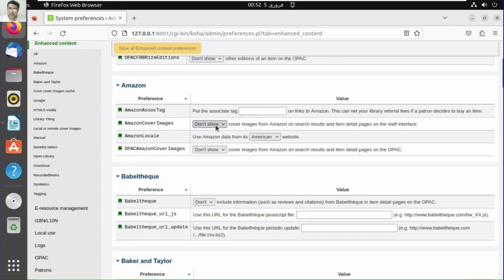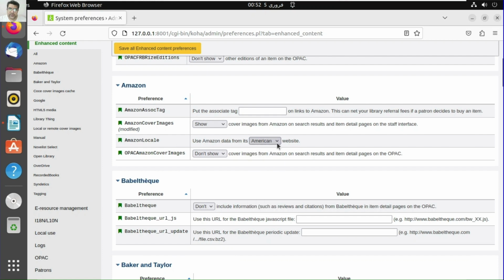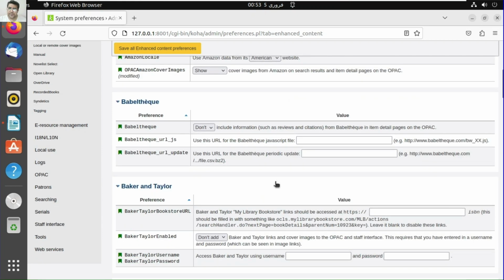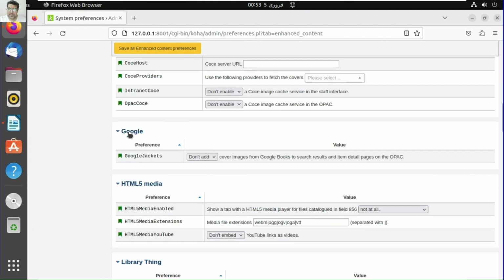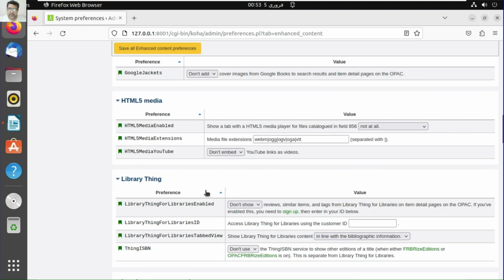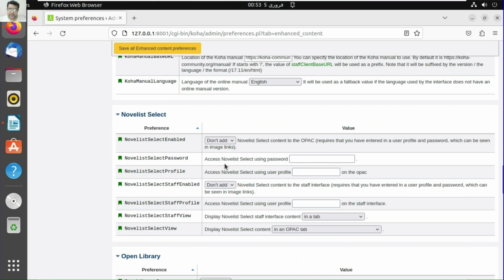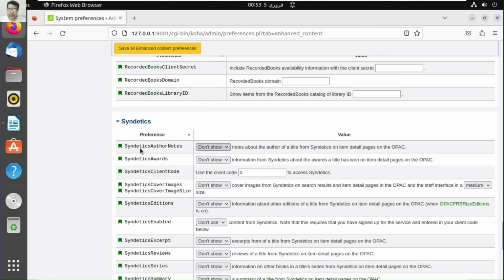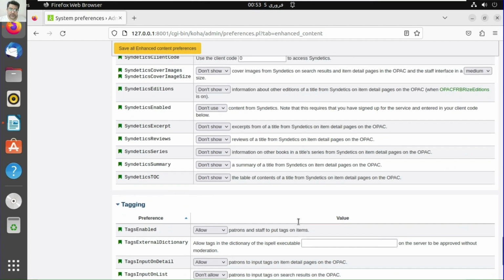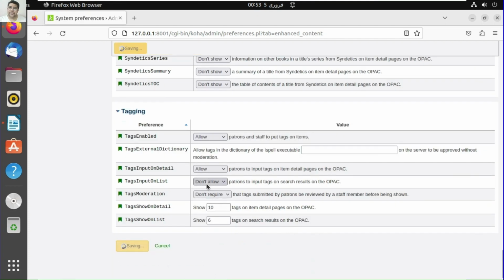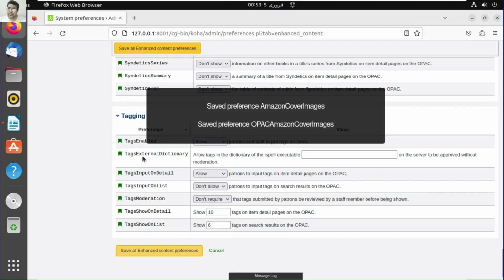There, I would say to use Amazon cover images here, and yes, it's okay. And for OPAC as well, with staff interface and OPAC. And you can also use some other websites, for example, Google Jackets, but Google Jackets are bigger in size. Local or remote cover image. Synthetic, if you have configured synthetic, it's actually a catalog enrichment tool. You can use this, but you need to subscribe actually. And